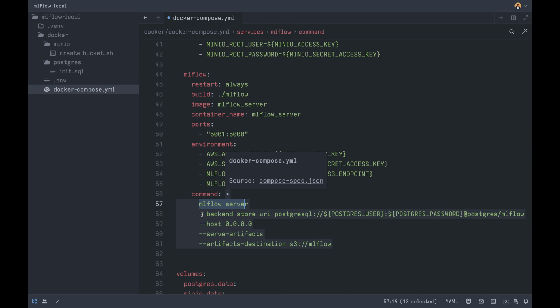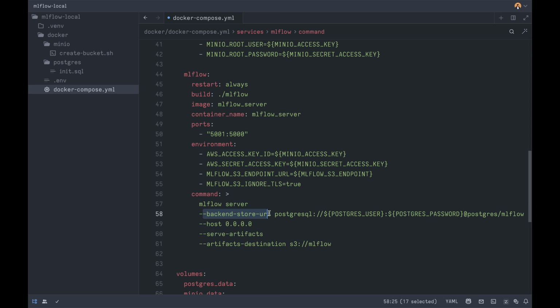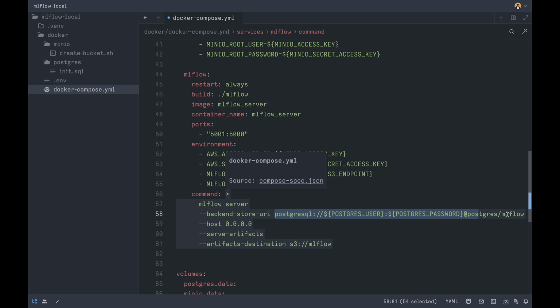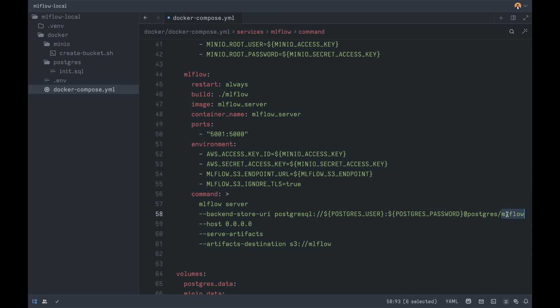We run MLflow server with the backend store URL set to our PostgreSQL server, and we tell MLflow server to use the MLflow database created earlier to store experiment and run metadata. The host option specifies the network address on which the MLflow server will listen. In this case, setting it to 0.0.0.0 means that our server will be accessible on all network interfaces in our